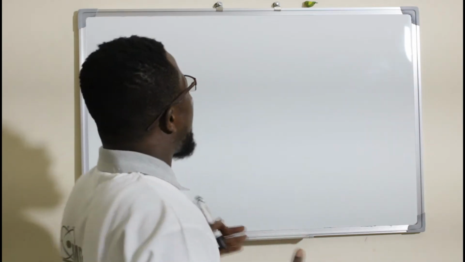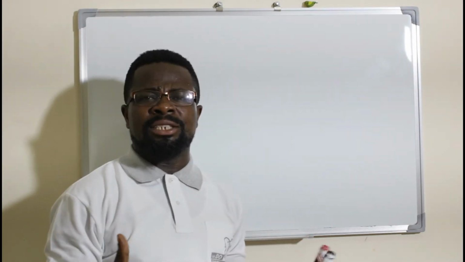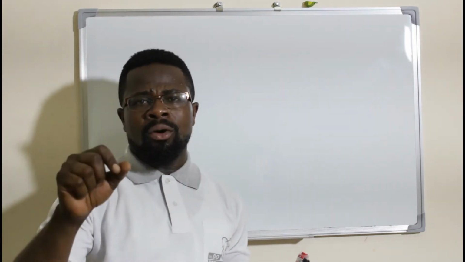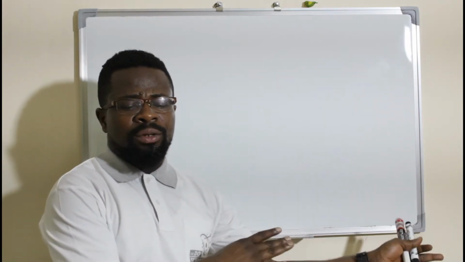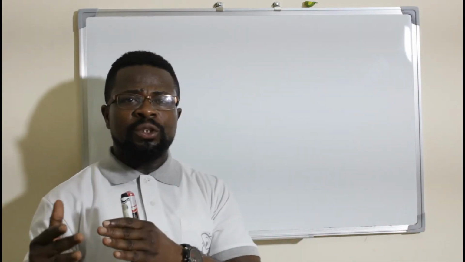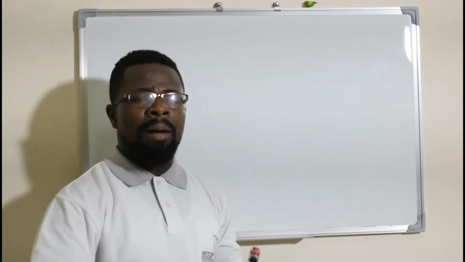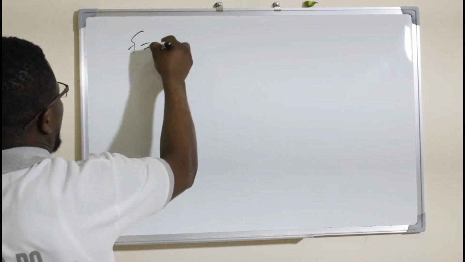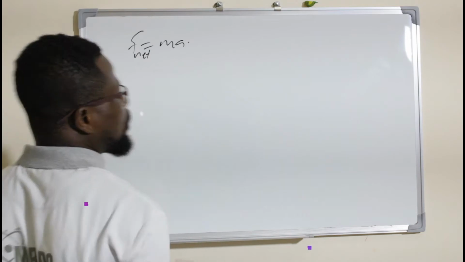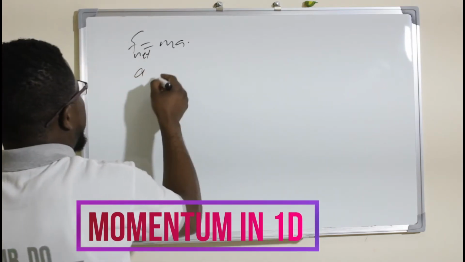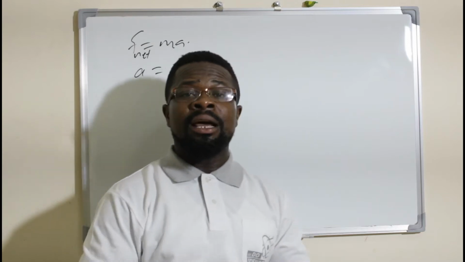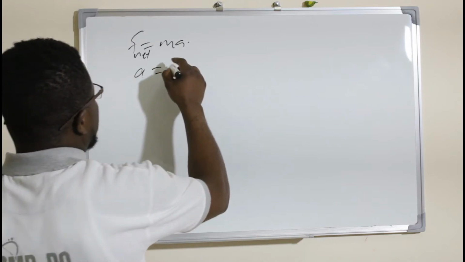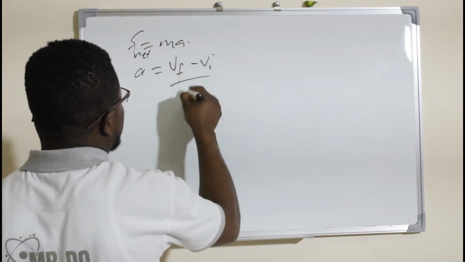Now, how did we come about this impulse being equal to change in momentum? Well, let's look at Newton's second law and momentum together and see how we came about the impulse. From Newton's second law, we know that F is equal to ma, that is F net is equal to ma. And what is a? A is acceleration. And what is acceleration? Acceleration is the rate of change of velocity. That means acceleration is simply V final minus V initial over